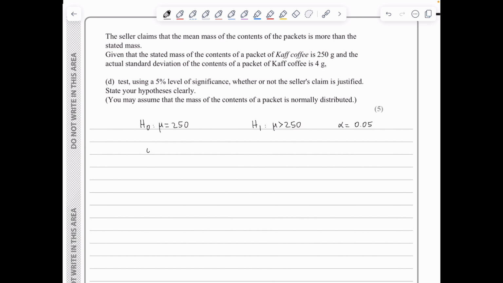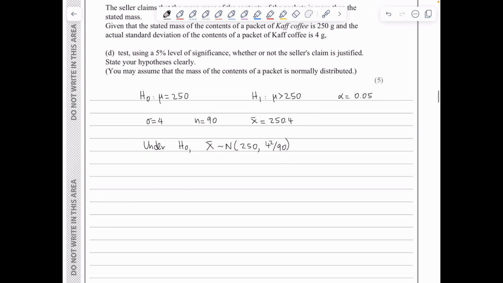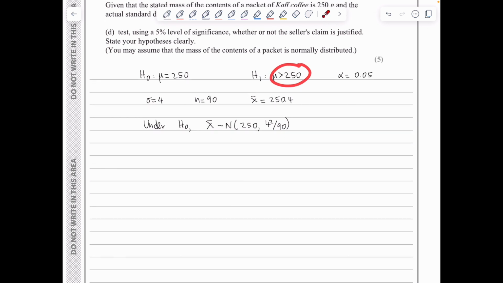We know that sigma is 4, we've got 90 observations, so n is 90, and we have seen X bar, the mean, to be 250.4. Well, we know that if H naught is true, so under H naught, the sample mean follows a normal distribution with parameters mu to be 250 and the variance sigma squared over n, so 4 squared over 90. And we have actually seen 250.4. We inherit the direction from the alternative, so we need to find the probability of X bar being greater than